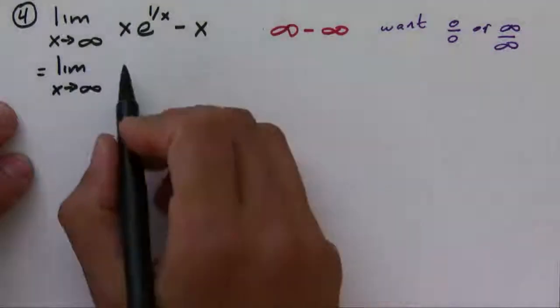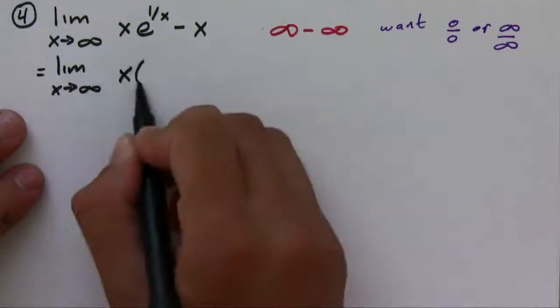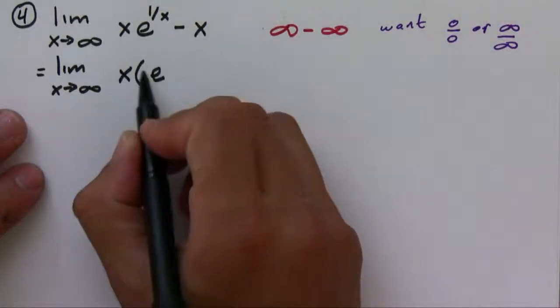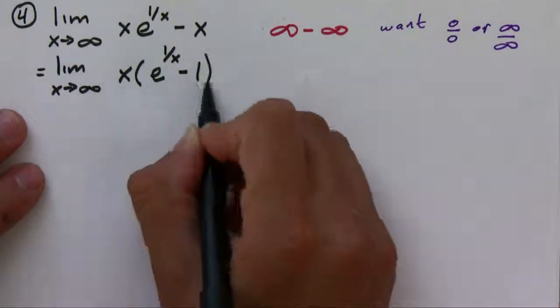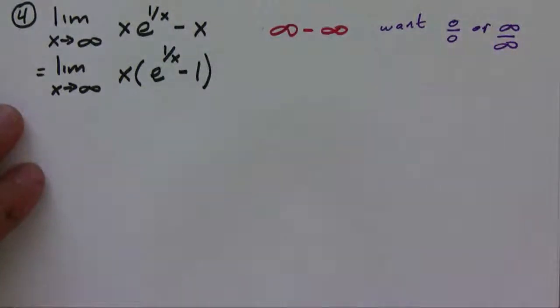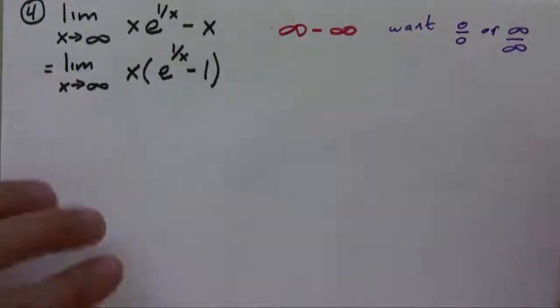If we factor out an x, we would get e to the 1 over x minus 1 left over. And so you might be thinking, well, that doesn't help because I don't have a fraction. But